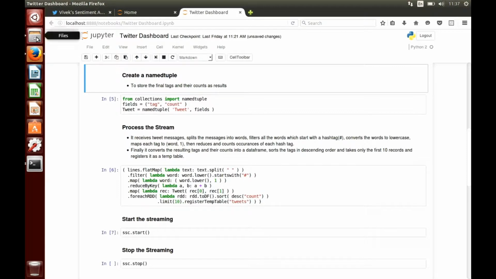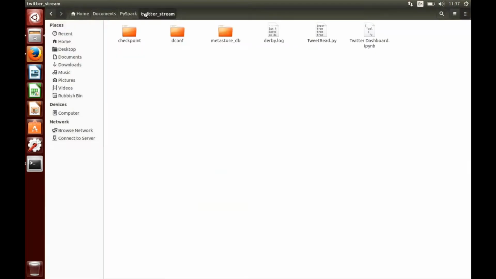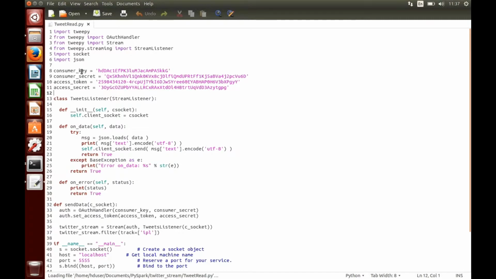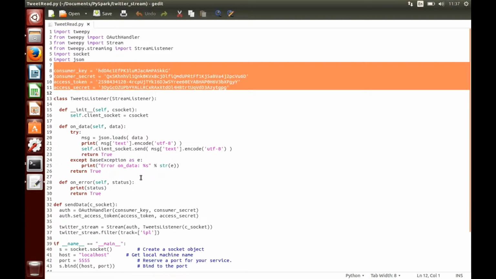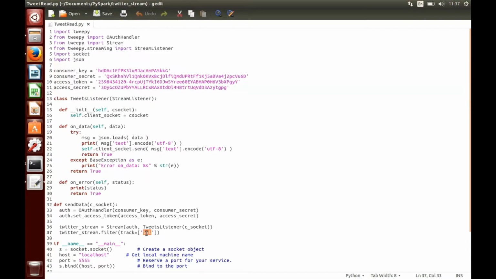So if I go back to the tweetread.py, here, along with giving you all the tokens, I've also specified the exact hashtag I want to listen to, and that is specified here. So I want to listen to everything with IPL on it. I can keep on adding more stuff here. Okay. So I want to listen to all the tweets that have hashtag IPL in them. So I go back,